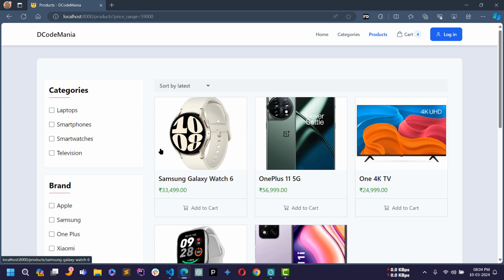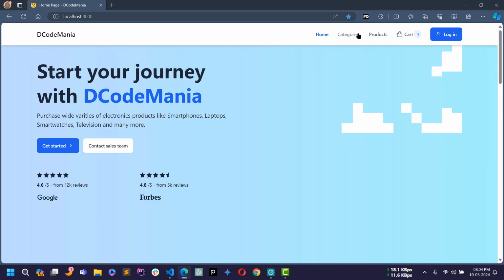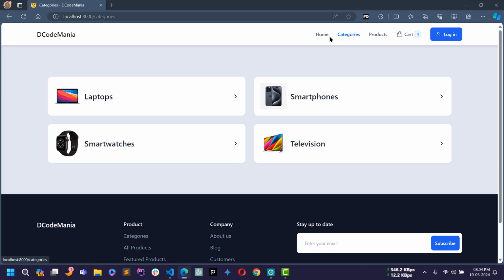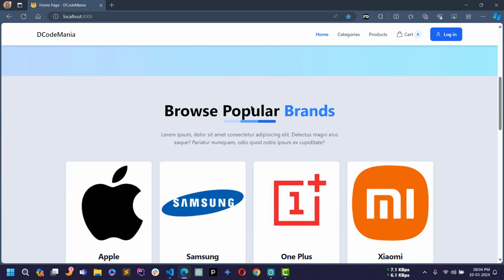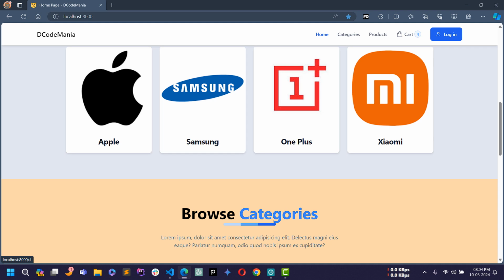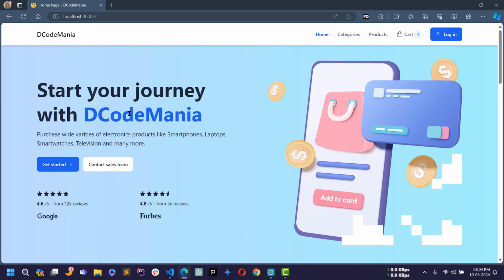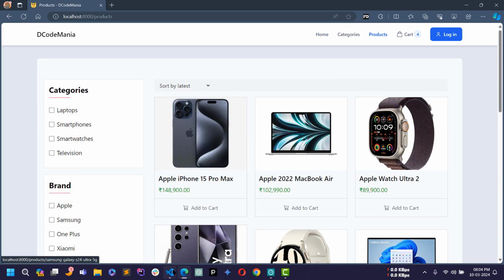Now I will make some changes to this home page and then this categories page to make it dynamic. When we click on this Apple, then it will go to the products page with the Apple brand checked, and it will fetch only the Apple brand products from the database and display them in the product page. So for this what I will do is